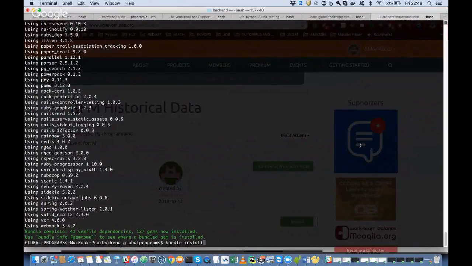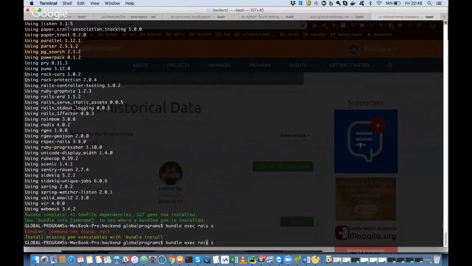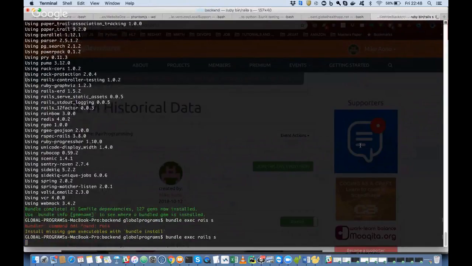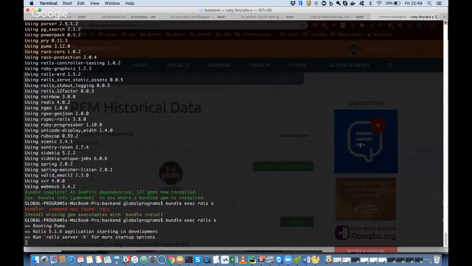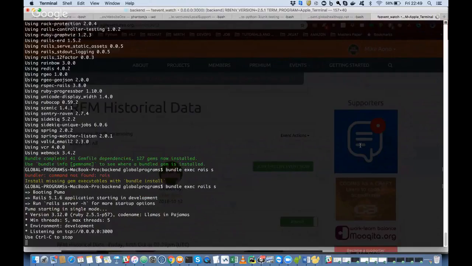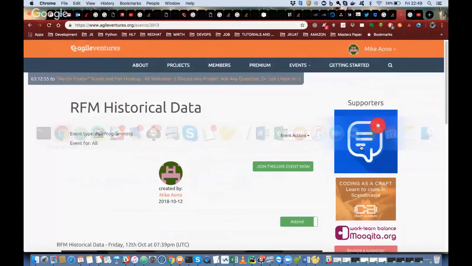I think everything has been bundle installed. So let's see, you're missing the L, yeah. But have you gone through the README for getting set up locally? I did a while back. Okay.